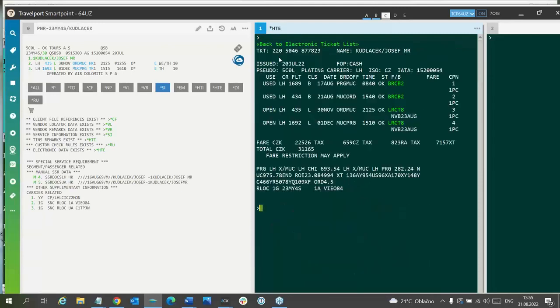that it is not correct, that he really traveled from Prague. When you see such wrong information regarding a flown segment, you can never receive a correct fare calculation from the origin, because the original flight is not there.